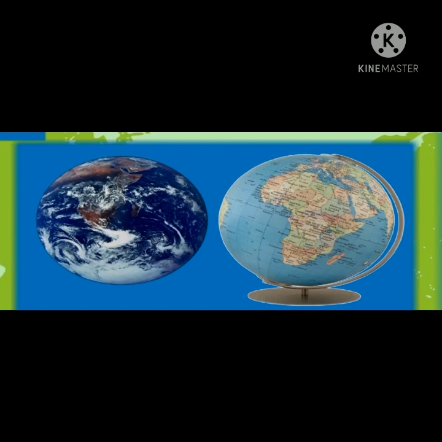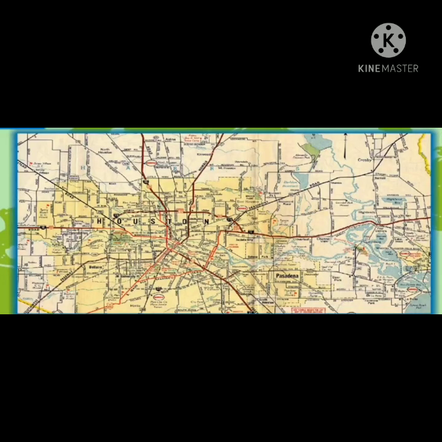Globes are very useful while studying about the earth, but while studying a part of it, such as a continent, a country, a state, a city, or any particular feature of it, maps are convenient to use. Maps provide a variety of information about any area. Thus, they are classified into two types: large scale map and small scale map.